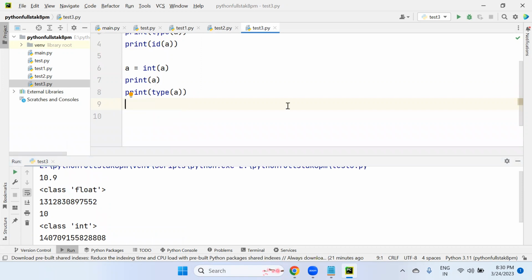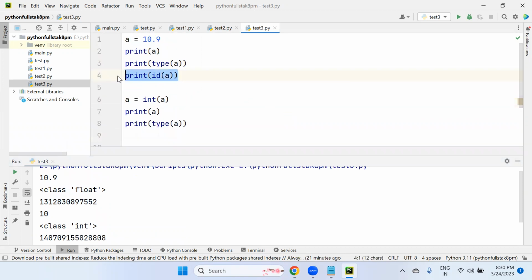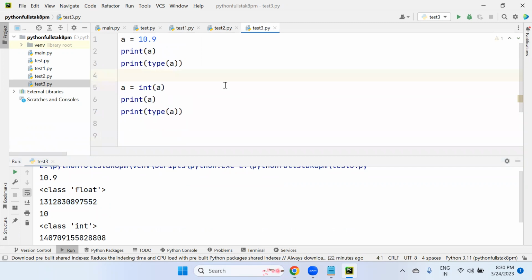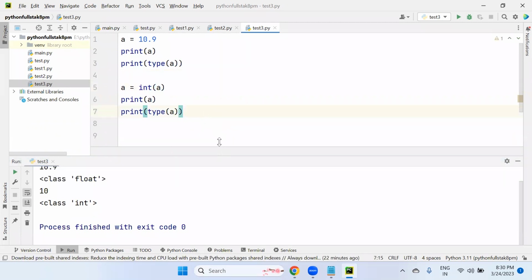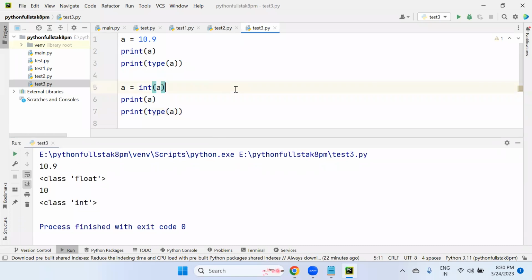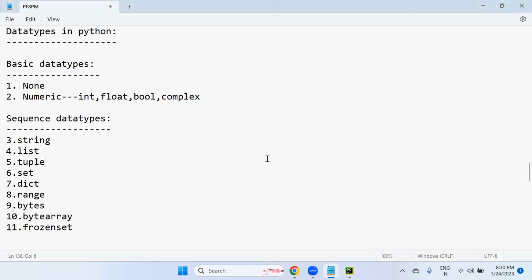So this is the typecasting mechanism, how to convert from one data type to another data type. A simple logic here, because in the next example I'm going to use this typecasting mechanism. That's why I'm taking this example first. But one more important thing in this integer float I need to discuss.